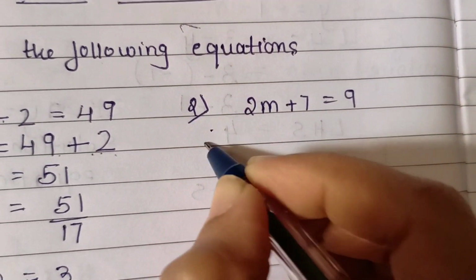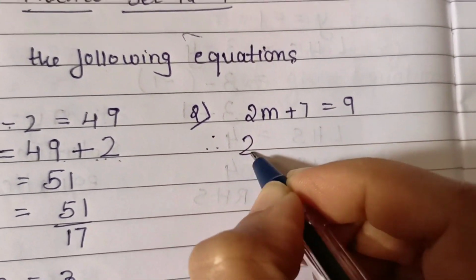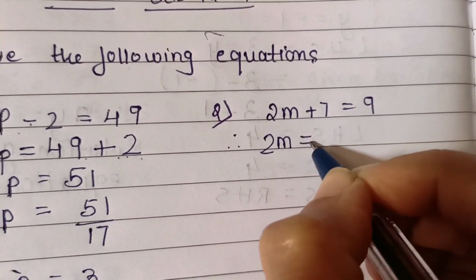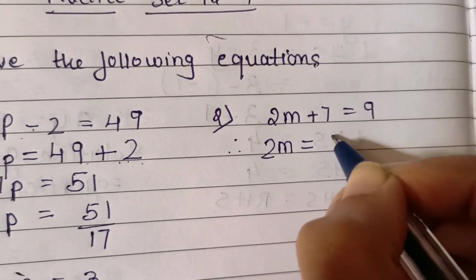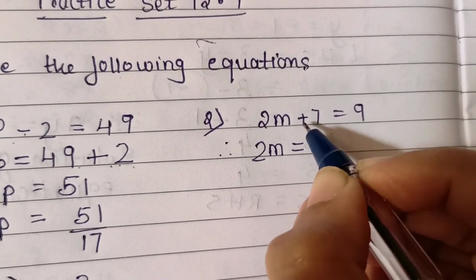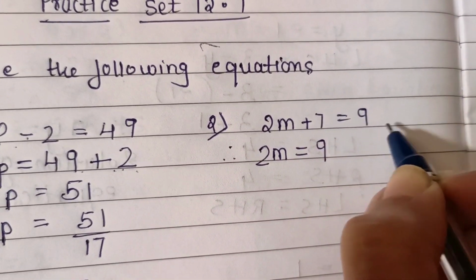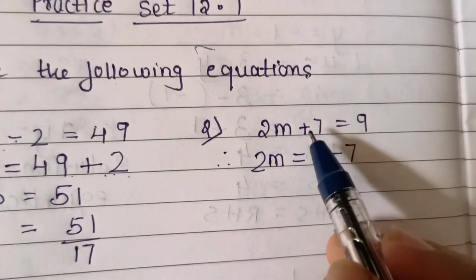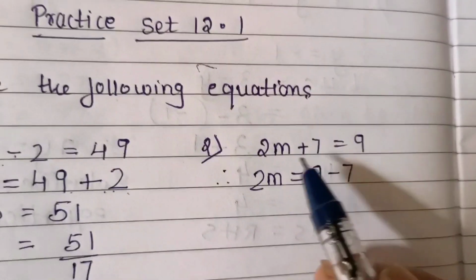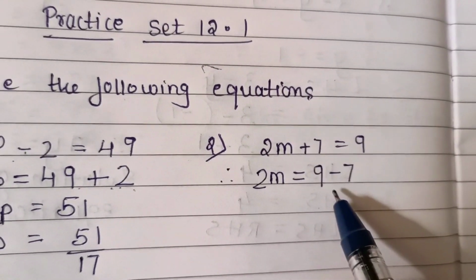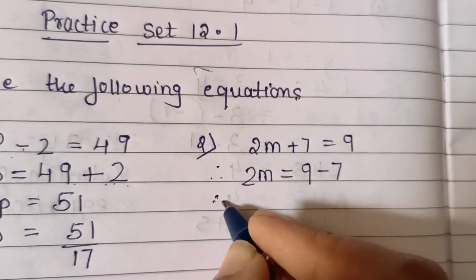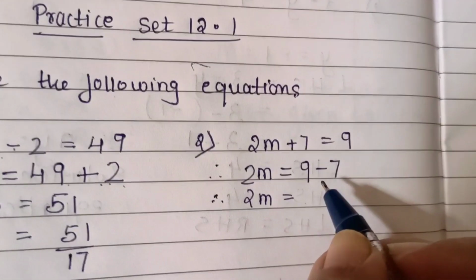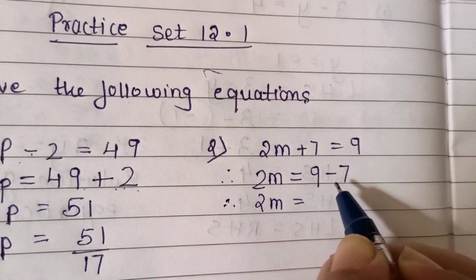Let us start. We'll keep 2m over here on this side because we are supposed to find out the value of m. Now put equal to sign, 9 will be there on the right hand side itself, plus 7, when we transpose it to this side we will get minus 7. As you know, it's the signs, if it is plus it will become minus, and if it is minus it will become plus, so vice versa. Now since we have all the numbers towards one side, we can easily subtract this number. So 9 minus 7 will give us 2.